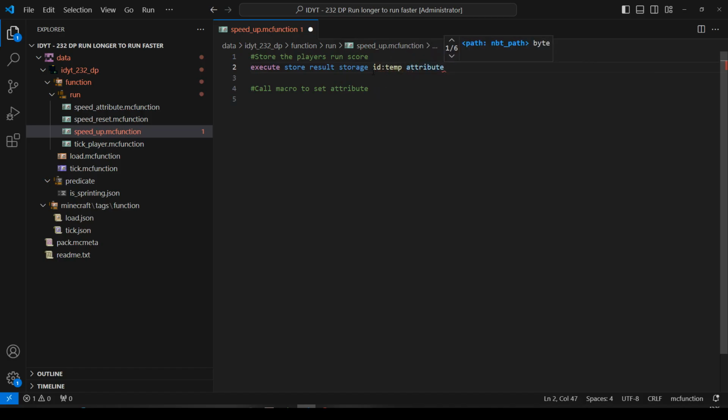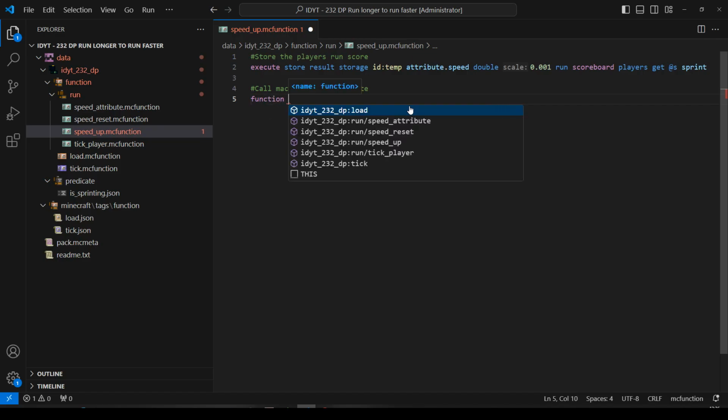We'll call it attribute dot speed. We'll save it there, and we'll save it as a double. 0.201, that's our scale, so we'll make it a lot smaller. We'll run our scoreboard players get @s sprint. So we're getting the sprint score, saving it into storage, and then we will function speed attribute